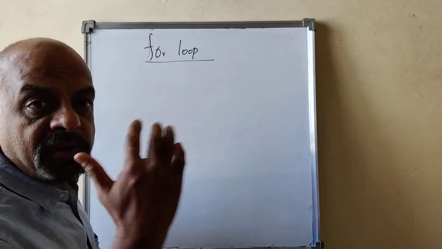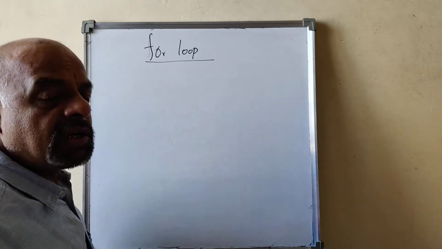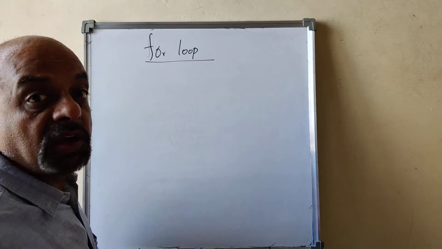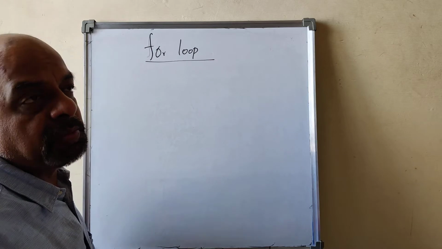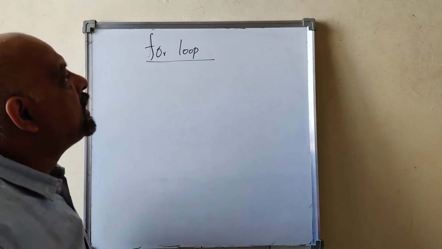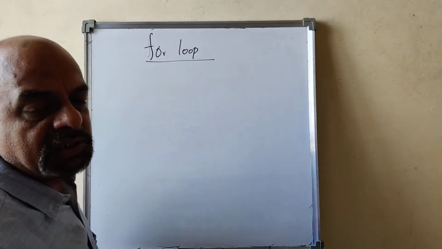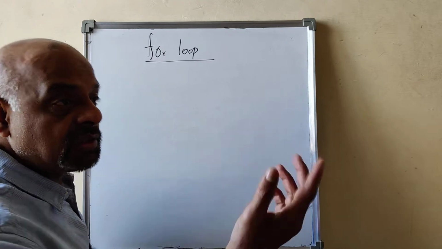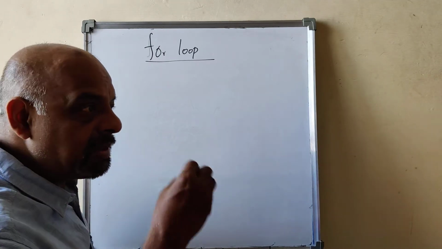We know exactly in advance how many times we have to repeat. But in non-definite loops, while and do while, we don't know exactly how many times we have to repeat the statements within the loop body; as long as the condition is true, you keep on executing. Here, you are aware in advance of how many times you have to execute the statements within the loop body, that is, how many iterations.